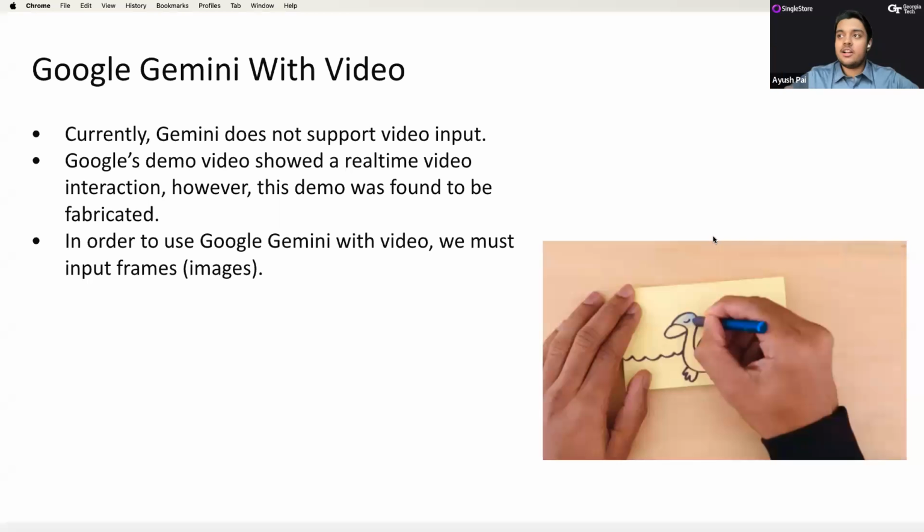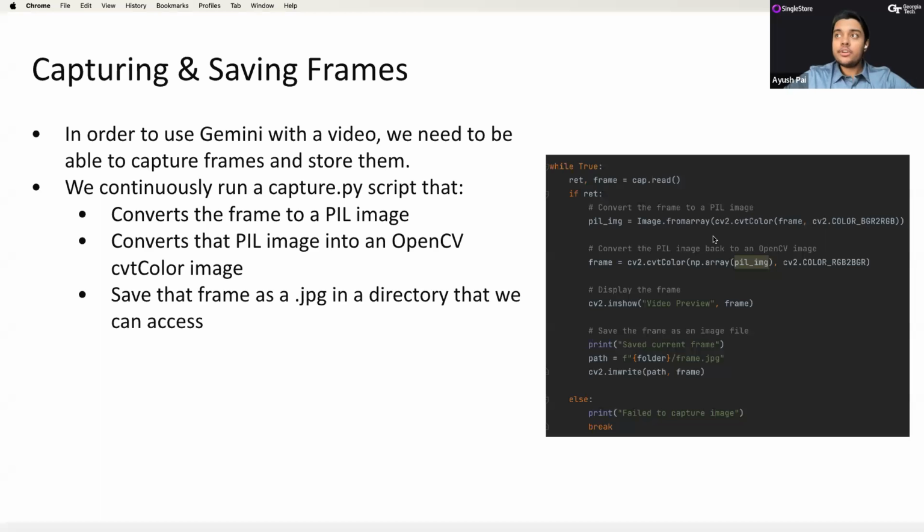But that's just a general video. It kind of shows Google Gemini's video that they released. But it turned out this video was not exactly real. They faked a little bit of the aspects to show what the capabilities would be in the future. But today I'll be showing how you can actually use Google Gemini with video in a small demonstration here. Obviously, Google Gemini does not have video input, but